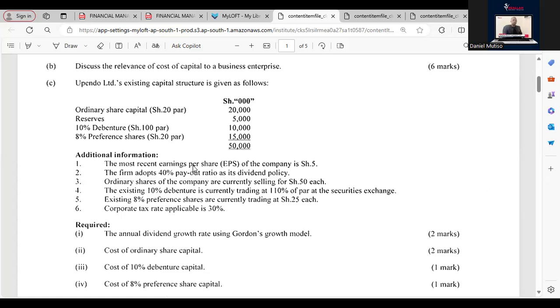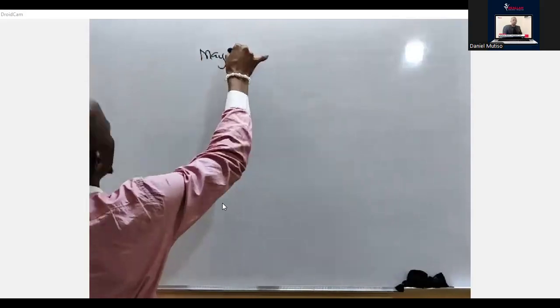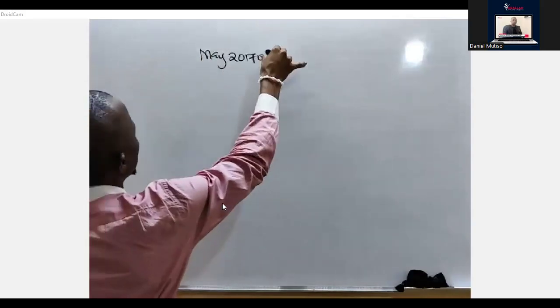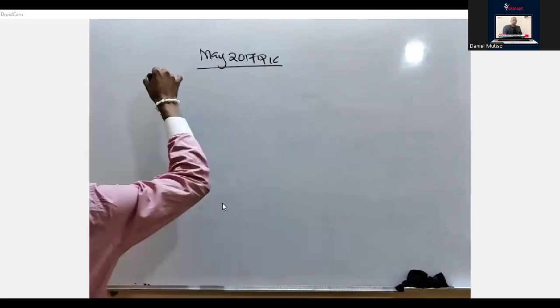They have given me a lot of issues there, but the existing debenture and all that we don't need. So based on the information provided here, we have to choose which formula to use. We normally use the formulas for the growth rate based on what is given by the examiner. To compute your growth rate,